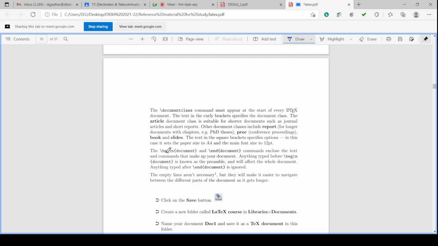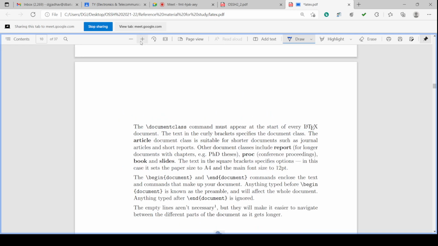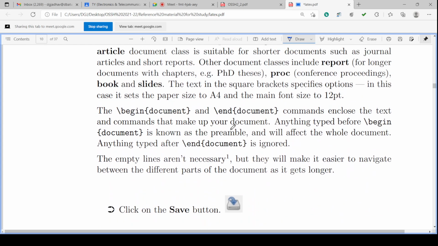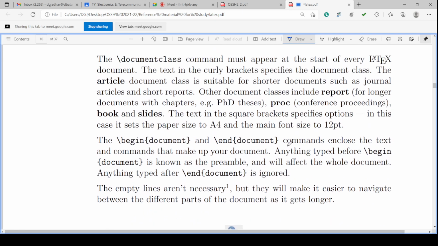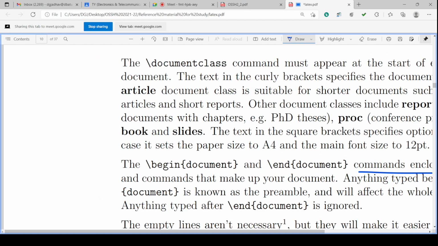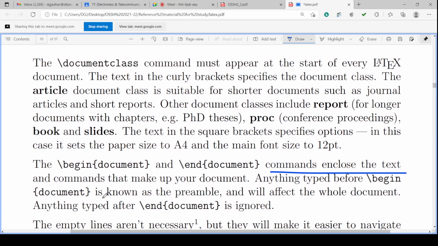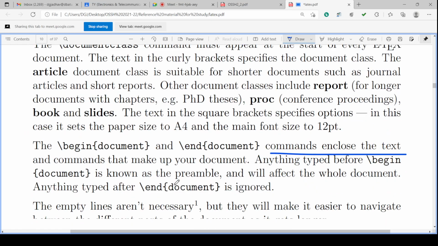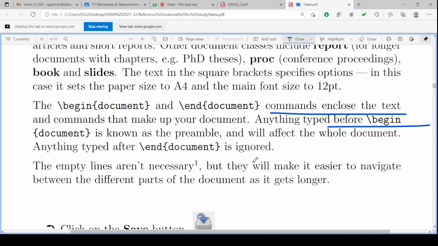Begin and end are the commands to enclose the text, the commands that make up the document. So anything typed before begin is called a preamble. And whatever is typed after end document will not be considered, it will be ignored.